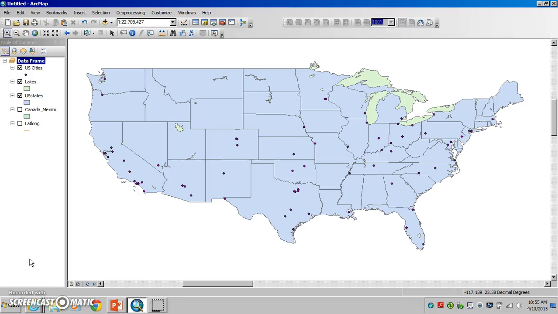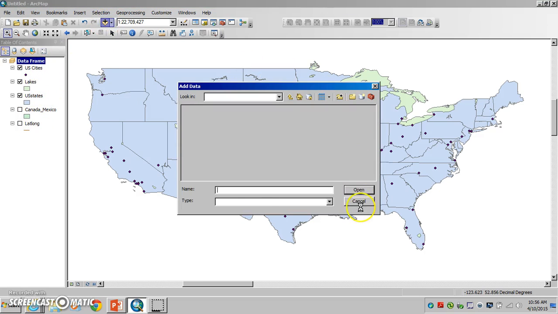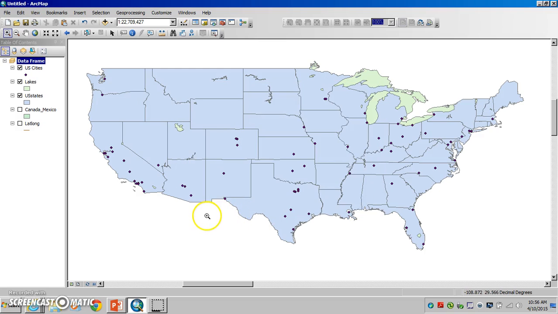This is the continuation for Getting Started and Basic Manipulation for the Introduction to GIS course. So if you're following directly from the previous lecture, I've added a couple of additional pieces of data. I added lakes from the United States and a border for the United States. We had Canada, Mexico, latitude and longitude, and cities. And I just, again, added data and picked up a couple of other ones for the next part of this